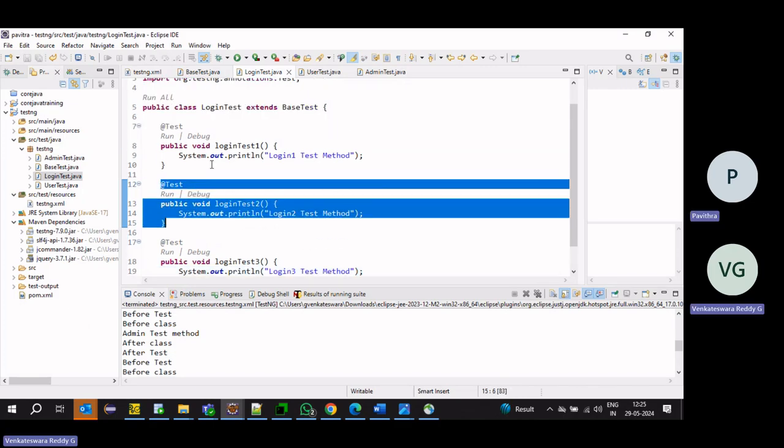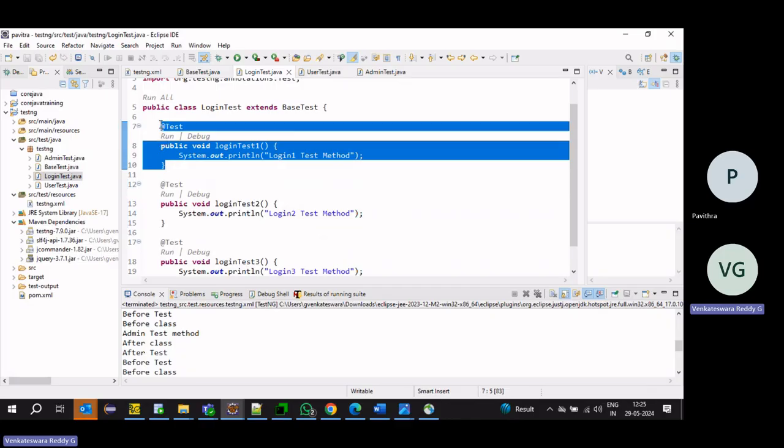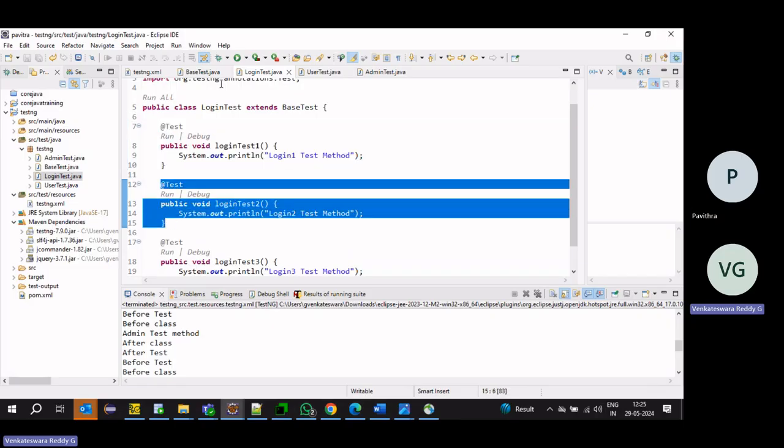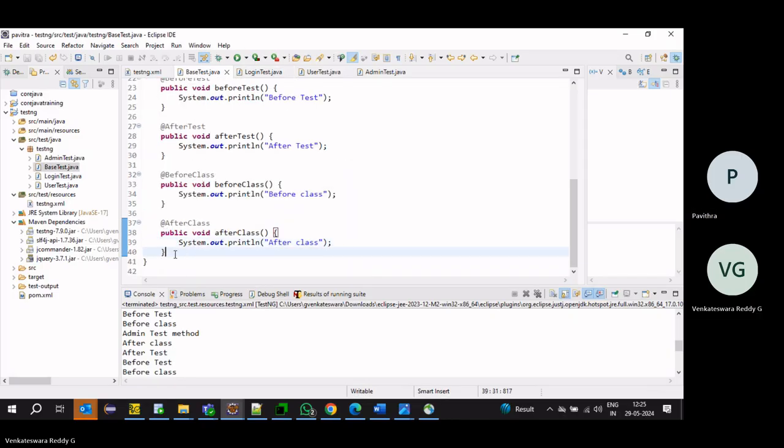Before starting the test case, before method will execute. Once the execution is done, after method will execute.